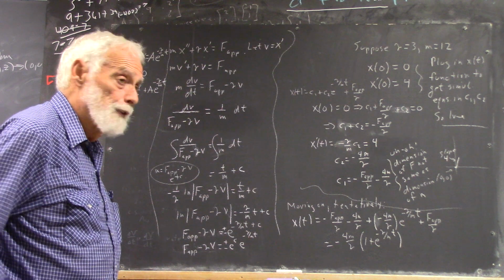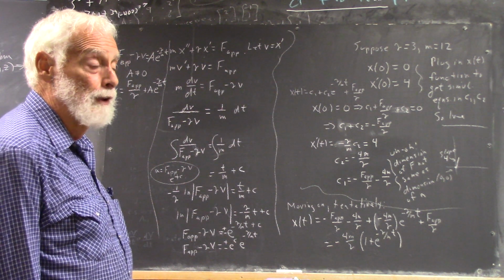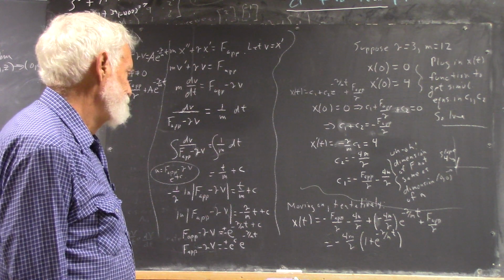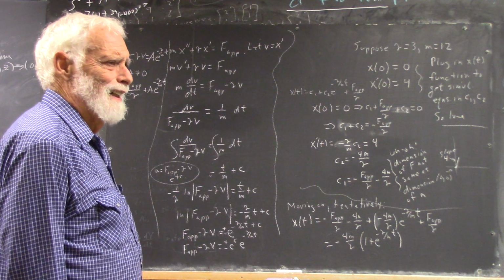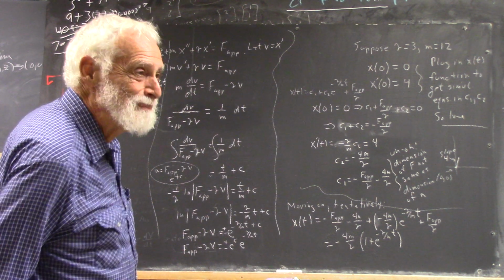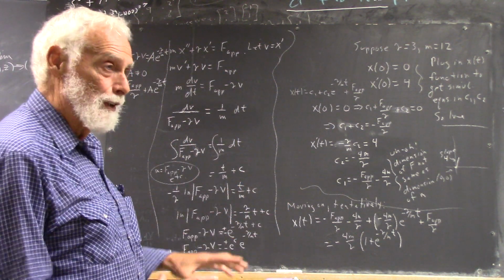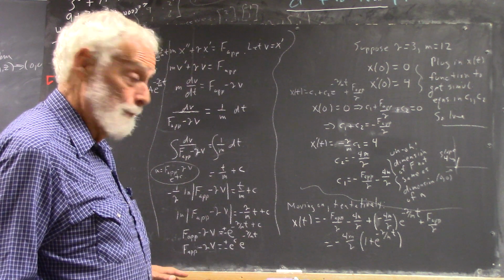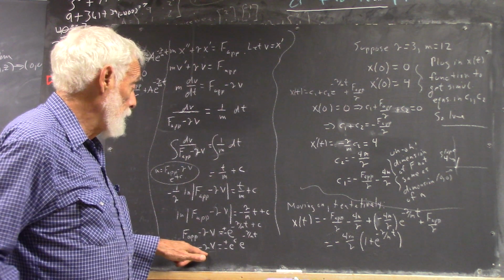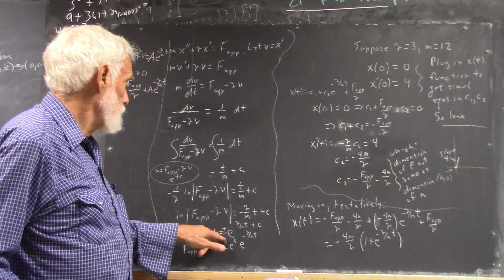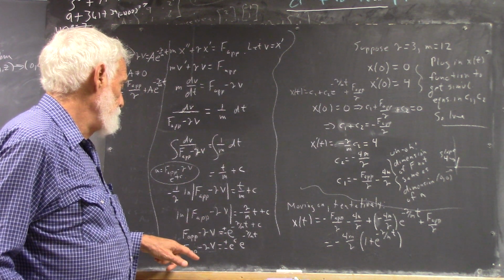You almost certainly saw this in your first year calculus, so those neurons ought to at least have some residual connection. If not, make it now. And don't forget it, because it comes up again and again. Okay? Then f at minus gamma v will be, well, first this is plus or minus this, and then